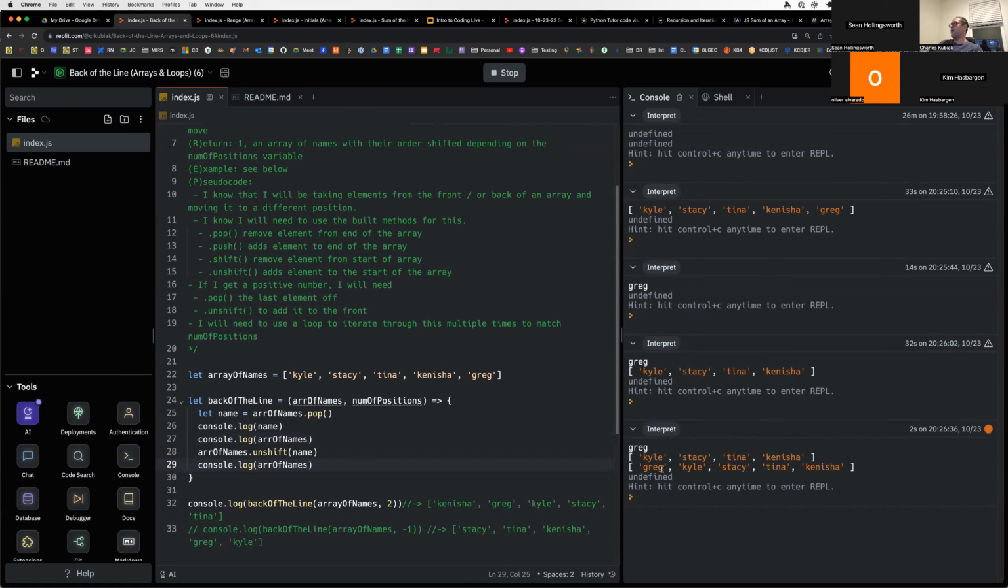Right, and there's Greg back at the front. So I've done this successfully one time, and I have solved the basic action that I need when I'm given a positive num of positions, but now I need to be able to make it repeatable. So let's go ahead and say